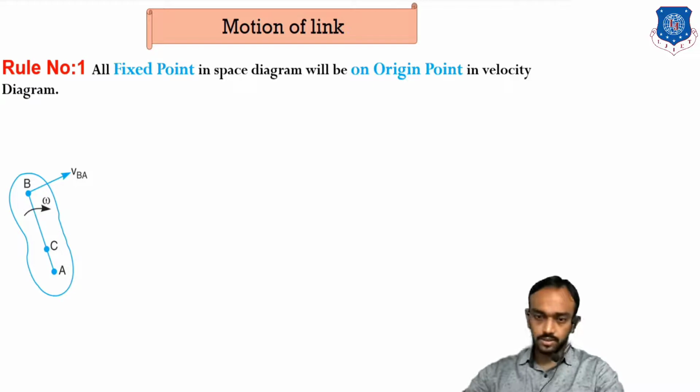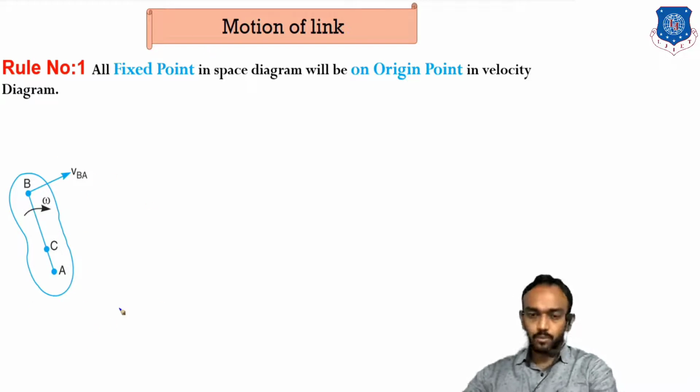First of all, check this out. I am going to draw the velocity diagram for only one link. You can check this. There is one link AB, and I can say AB is fixed here at the base, and I want to draw the velocity diagram for this single link. So first of all, what do I have to do? First I have to locate the point which is fixed. So here, the small a.